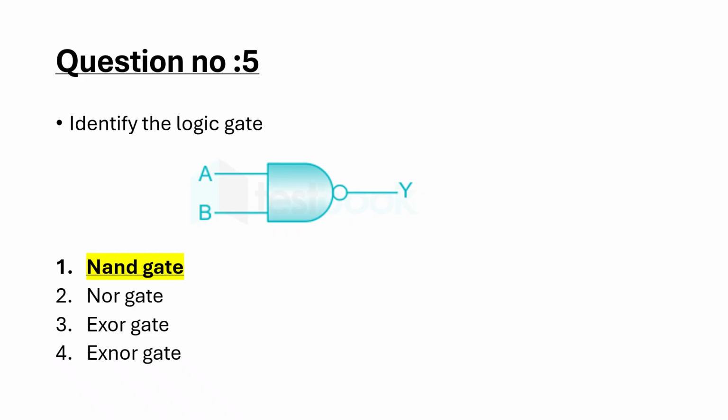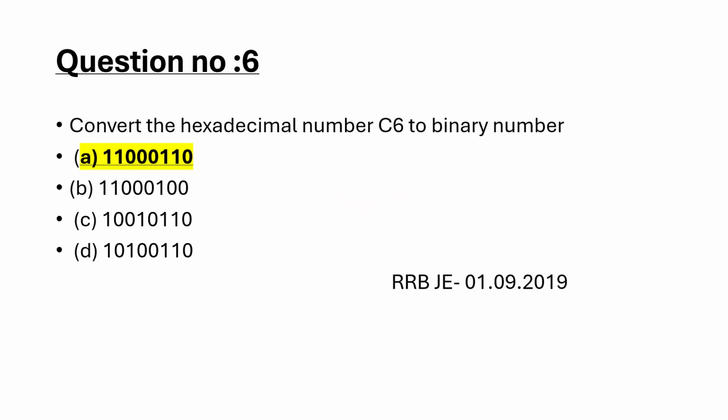Next, fifth question is, identify the logic gate. The logic gate given here is an AND gate. And then convert the hexadecimal number C6 to the binary number, which was asked in Railway Recruitment Board Junior Engineer. See here,